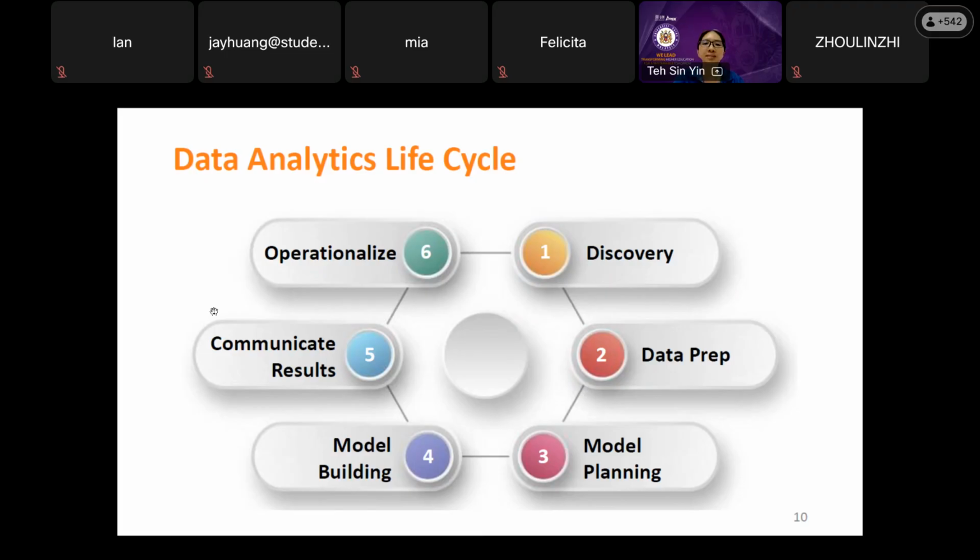Okay, if you understand about data analytic life cycle, can you give me a smiling face or thumbs up? Okay, very good. I can see many smiling faces and also many thumbs up. Very good, meaning you understand it. Okay, sunk cost means cost that cannot be retrieved anymore. Lucas said, thank you, Lucas, for sharing. So you see, I also learn from you when I'm teaching. That's why I know quite many of you are data analysts here. So you can also share your experience with us.